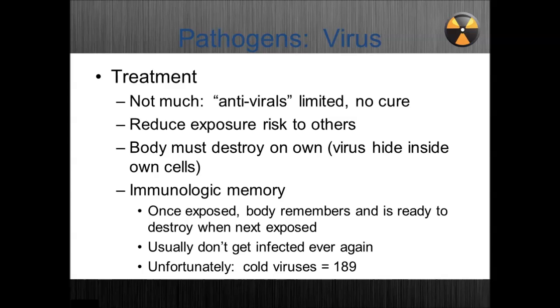But once you've been exposed to an organism, your body develops a memory against it. And so if it sees it again, it will kill it before it spreads really fast. The problem is, one of the last counts that we had, there were 189 cold viruses. So basically, after you have 189 colds in your lifetime, you probably won't get any more colds. Because you've had them all, your body's seen them all, and the next time it gets into you, it's going to attack it instantly and kill it. You just have to go through the 189 colds to get there.